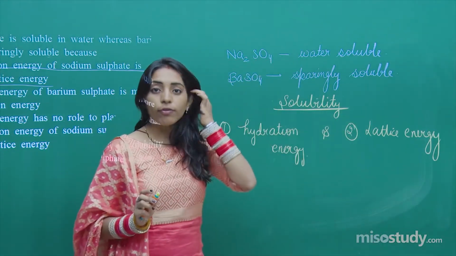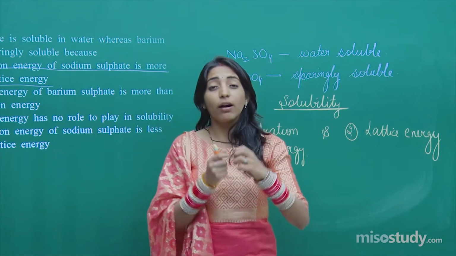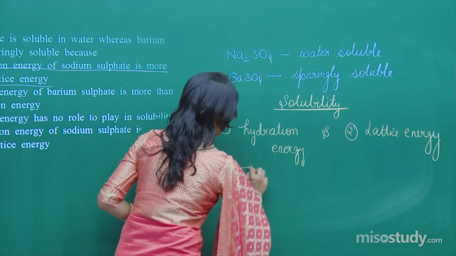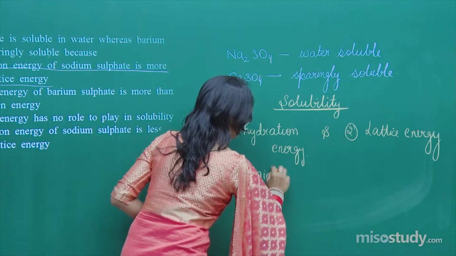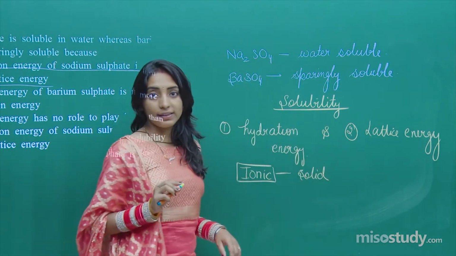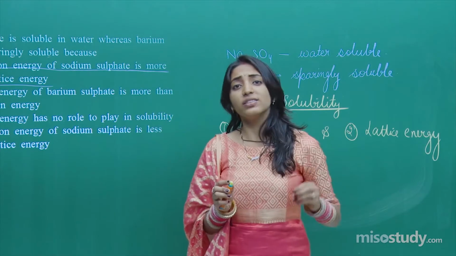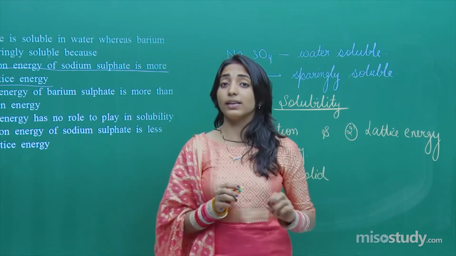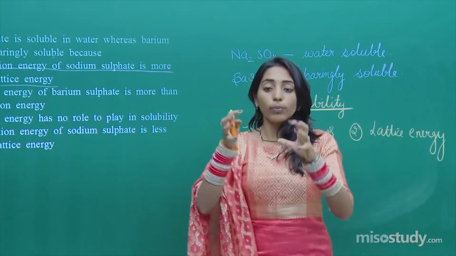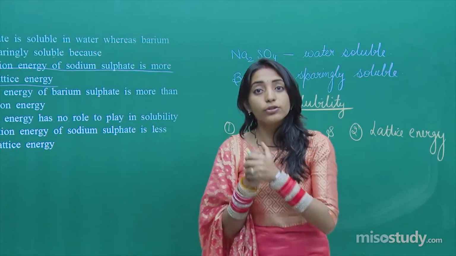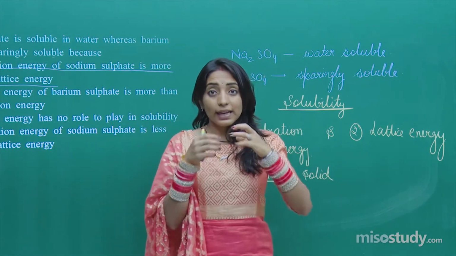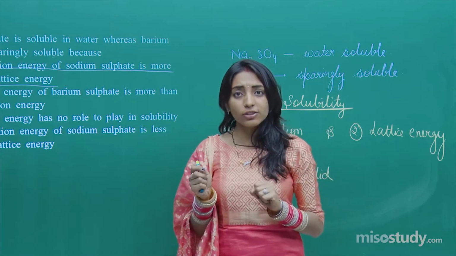So see, if the ionic compound is having a high value of lattice energy, that means that particular ionic compound would love to remain in the solid state. Right? However, just imagine the situation when an ionic compound is getting dissolved in water. Then the ions will be formed, and they will be attracting lots of water molecules towards themselves, and when lots of water molecules are attracted, energy will be released. This is what is hydration energy, right?